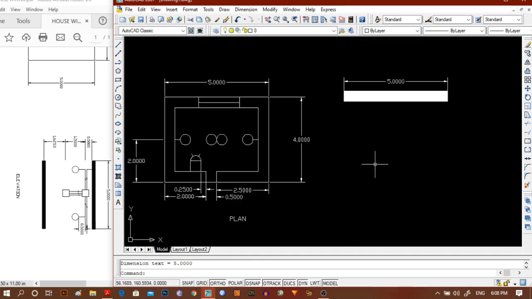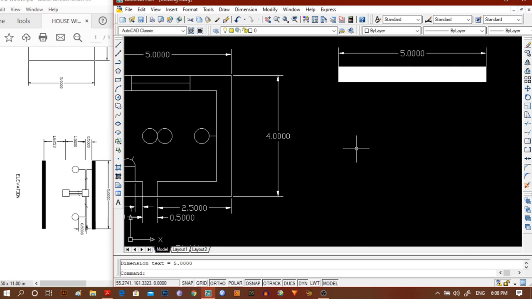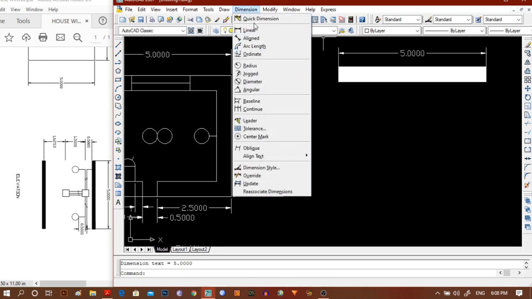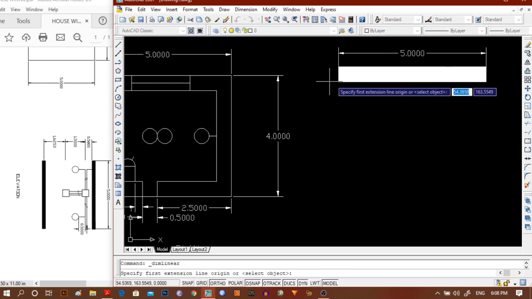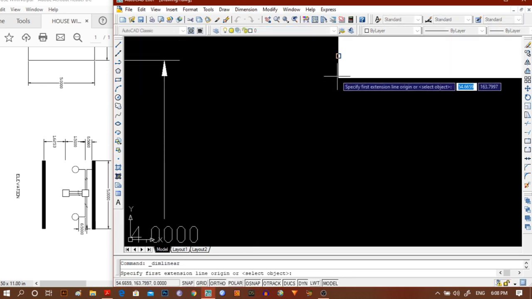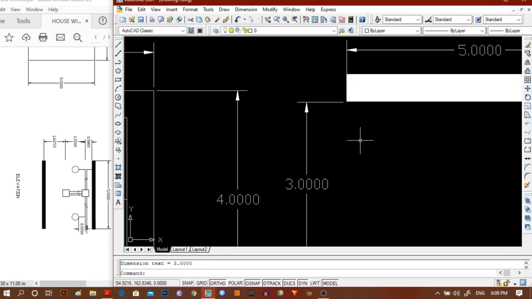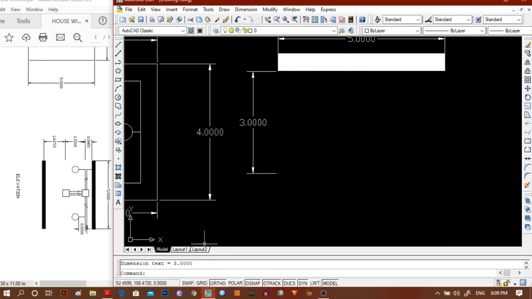Now say the height of the room is 3 meter. So specifying the height, this should be the height. So we are going to make another polyline here.